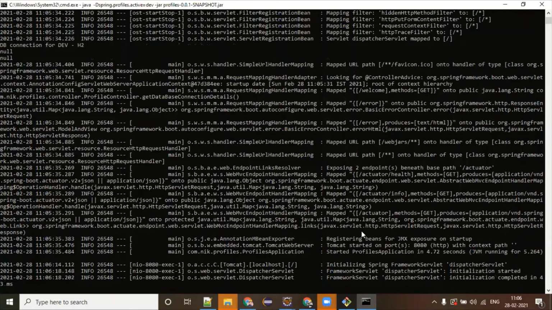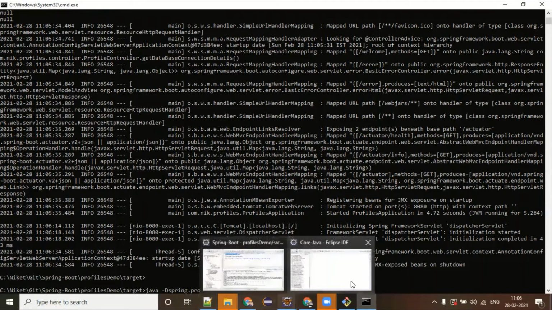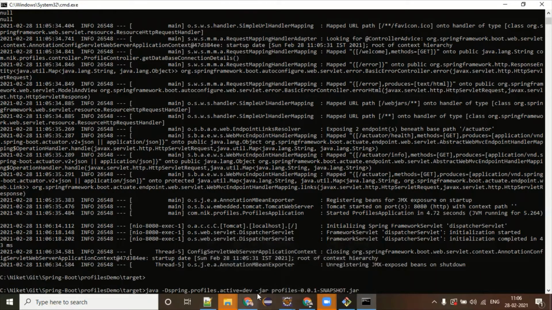It is coming. So in production, in real time, when you are deploying this, it is going to be part of the jar. And while running your jar, you can pass this command, whatever I have done right now. So it automatically sets the parameter and runs the jar also. If you pass any commands like this, they are called VM arguments. When you pass this, the priority goes first to this command line. And from there, it is overriding your existing application configuration, which is sitting in the application.properties.